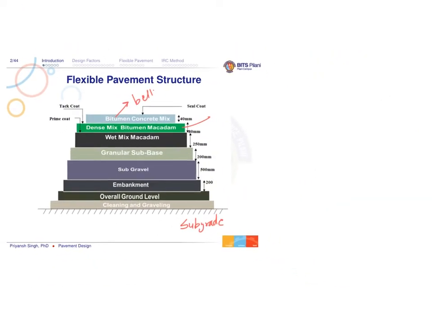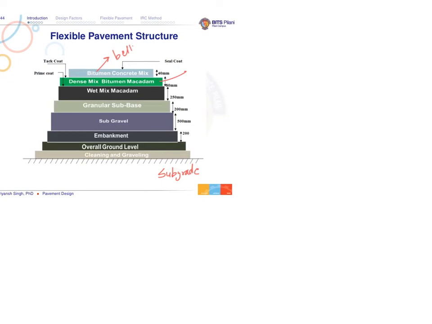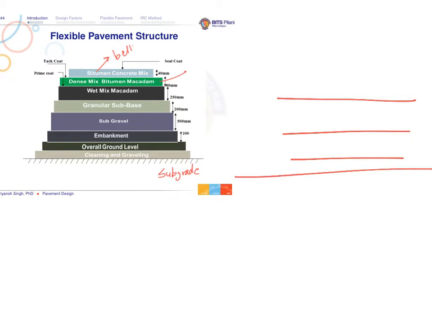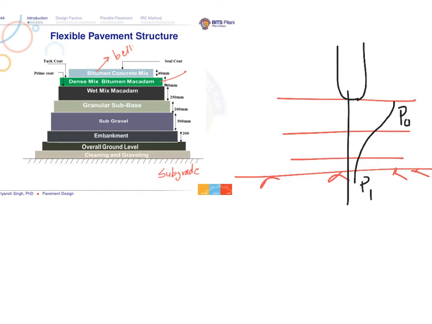What happens if you have a pavement? Let's suppose I have a pavement. This is my top layer, then I have some middle layer, and ultimately a subgrade. So what happens if I have some load? The load coming to the pavement surface will dissipate onto the lower layers, and the intensity of the load will decrease as we come down. Let's suppose the intensity of the load is P naught here and the intensity of load is P1 when it reaches the subgrade. What I want is that the intensity P1